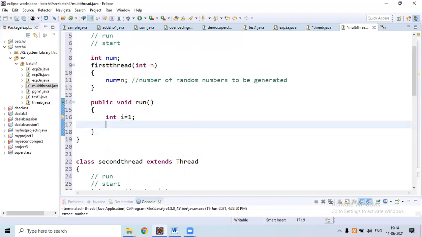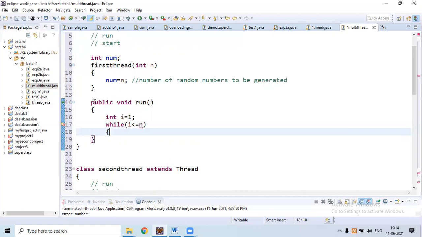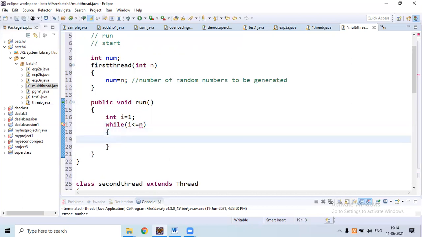Next, while i less than or equal to n, we need to repeat the while loop.